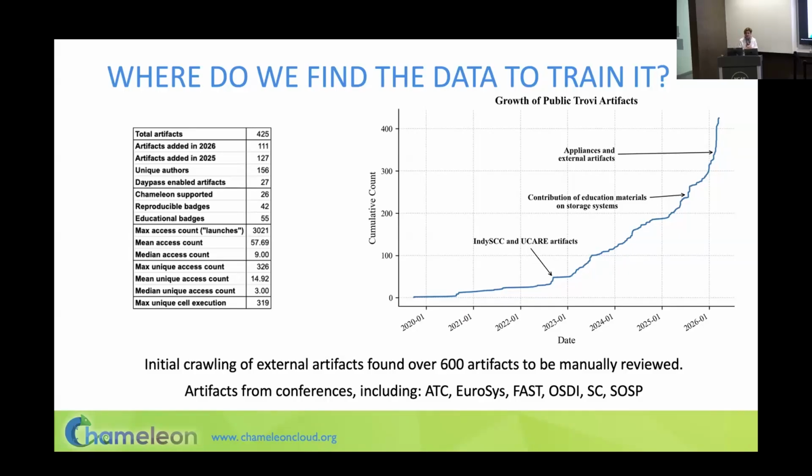It also turns out that many reproducibility initiatives produce collections of packaged experiments that were packaged with a lot of effort and then reproduced by reviewers with a lot of effort, but then they just leave them there. Nobody really uses those experiments. So we thought maybe we can put them in one place. If we make them available and findable, they will be easier for people to find and reproduce, but they will also become part of the Trovi collection and one way to let the AI know what experiments look like, what to train on.